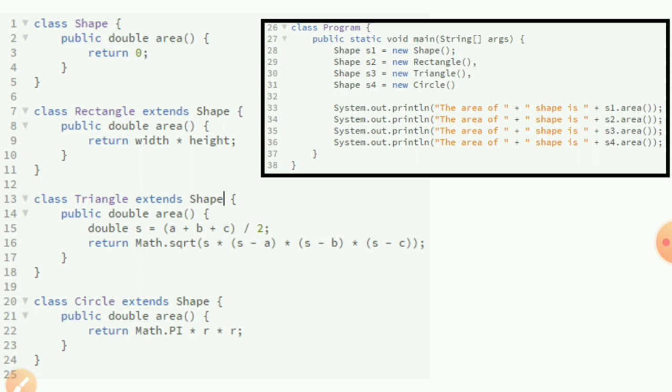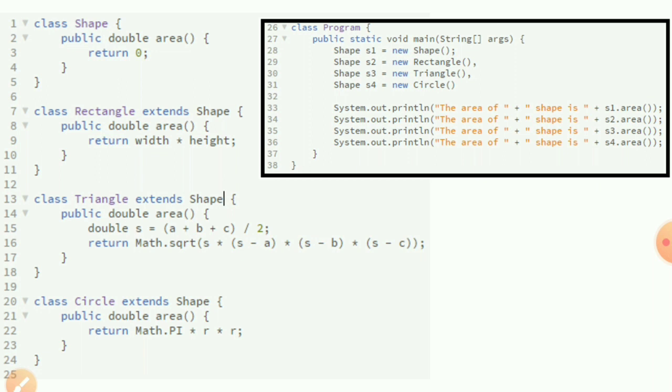Then only I'll be able to tell the area. That is why in the shape class, inside the area function, I have returned 0. That means this area function will always give the value of 0. This is from line number 1 till line number 5, the shape class.